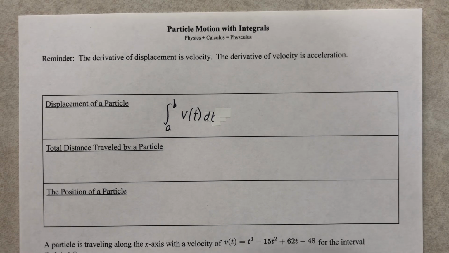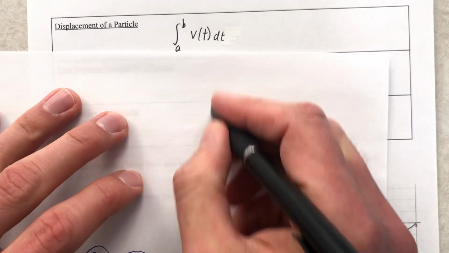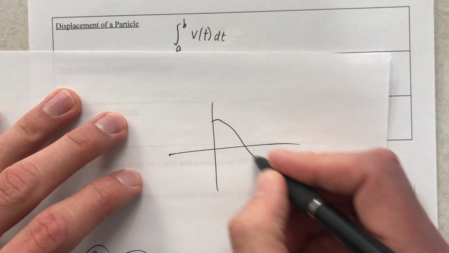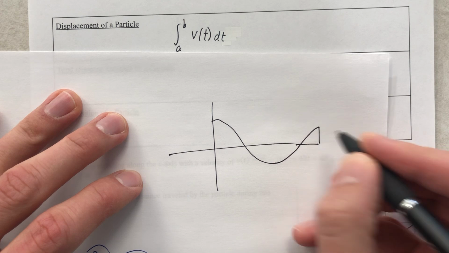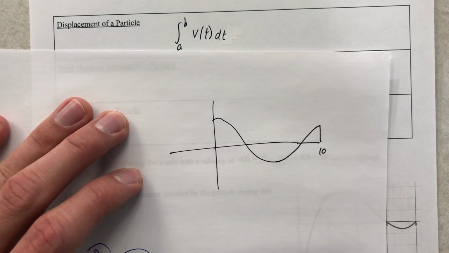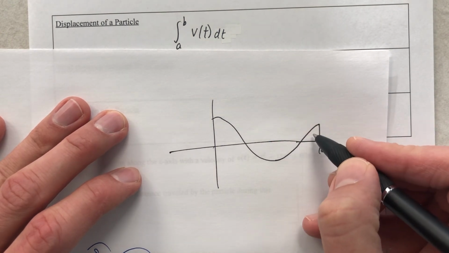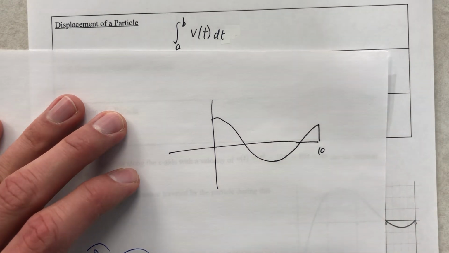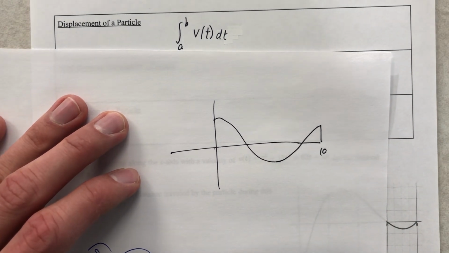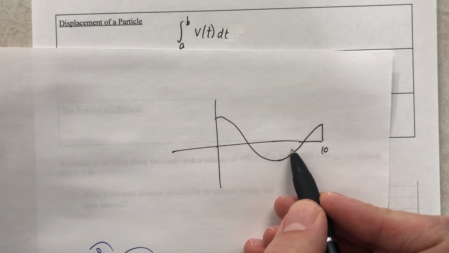But here's where things get a little tricky, and we need to consider this. My velocity might be some graph, where we've done this in a lesson before. So here's my velocity on some interval from 0 to 10 or whatever. My velocity, I'm moving forward, I'm moving backward, moving forward. And so if I want to find out my displacement, all my forward minus this distance here,